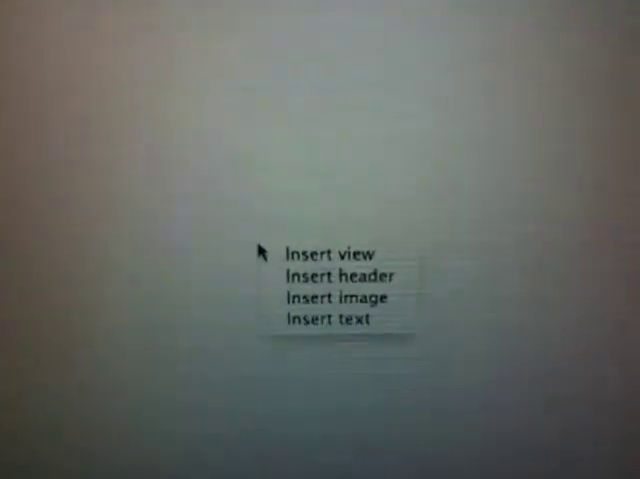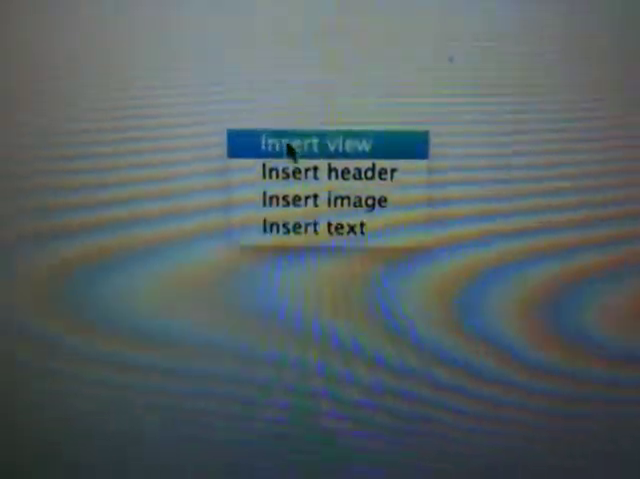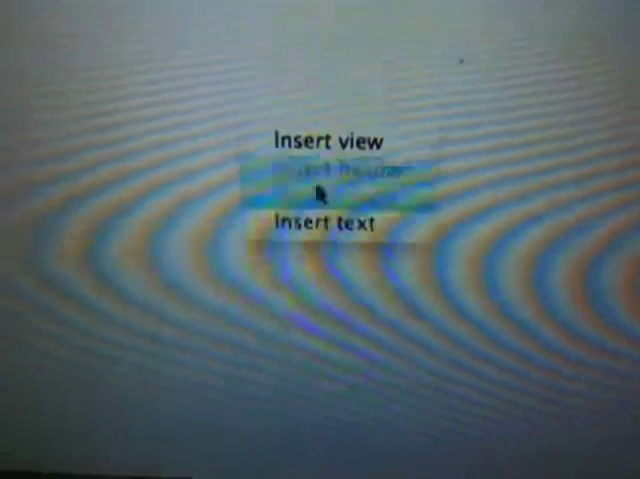Now there's a properties list down here. If you click on that, it'll highlight, but you can't double click or right click and get anything. So you go into this main window up here and double click on it, and nothing happens. But if you right click, then you get this little menu of insert view, insert header,